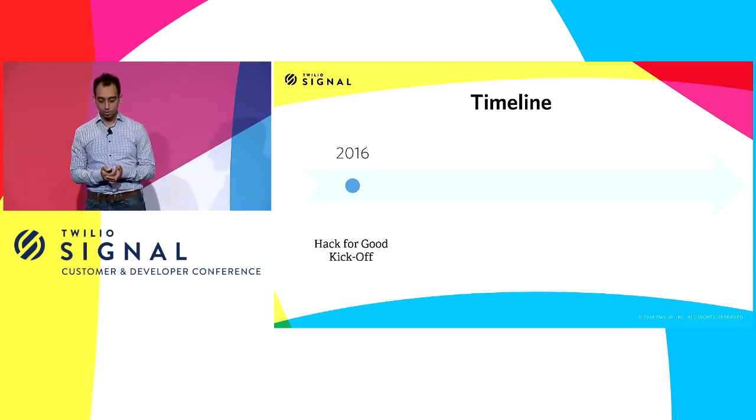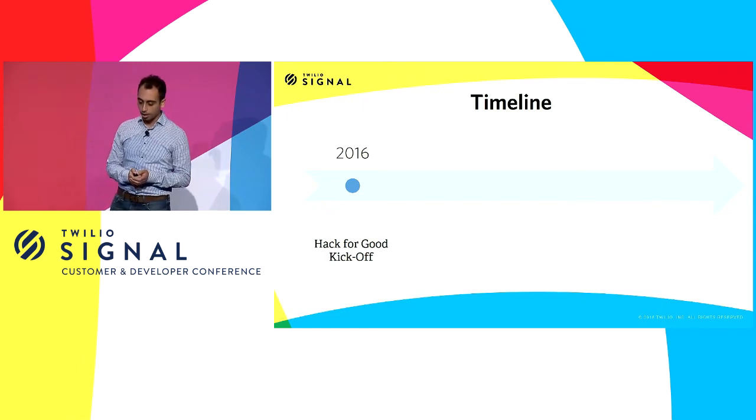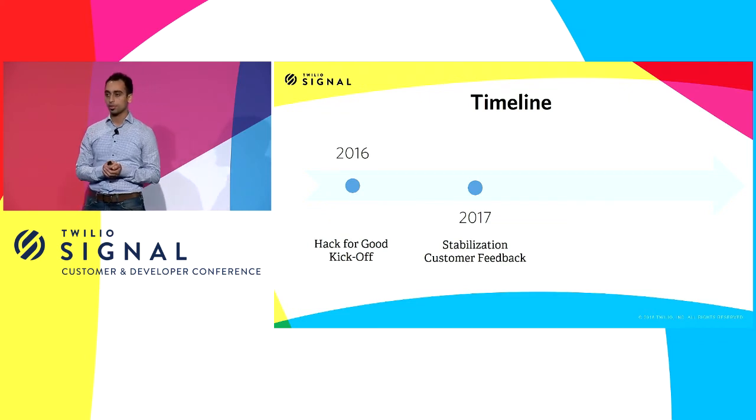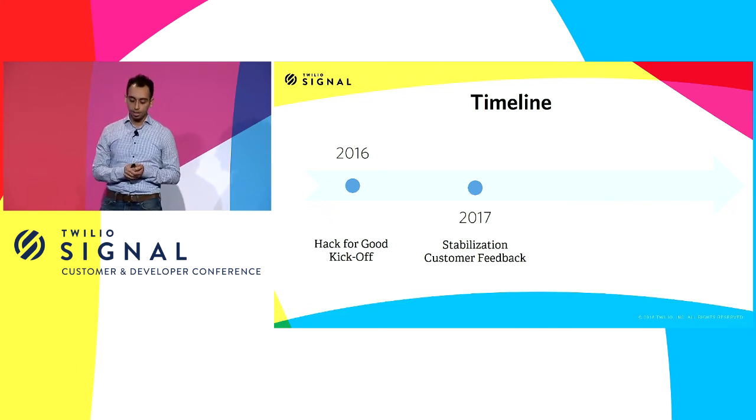As this continued, we won the hackathon for the Hack for Good category that year, and we had a lot of support. So we continued into 2017. We started doing some work on stabilizing the platform, on bringing everything into a consistent set of languages, and on taking customer feedback. So we started working with some of the NGOs that do this outreach work and seeing what kind of stuff they need, how we can build it, how we can put it together.